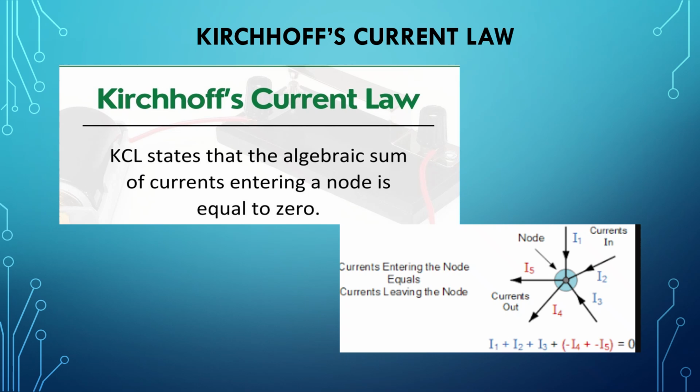Kirchhoff's current law. KCL states that the algebraic sum of the currents entering the node is equal to the algebraic sum of the currents leaving the node. That is, the algebraic sum of the currents at the node will be equal to 0. For example, consider this node, where we have 5